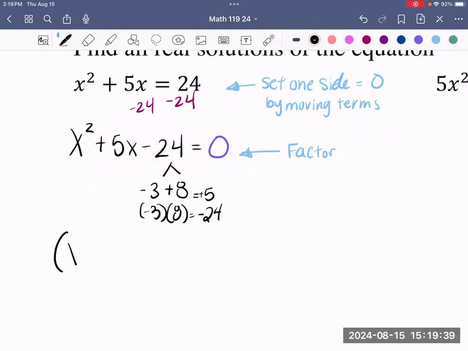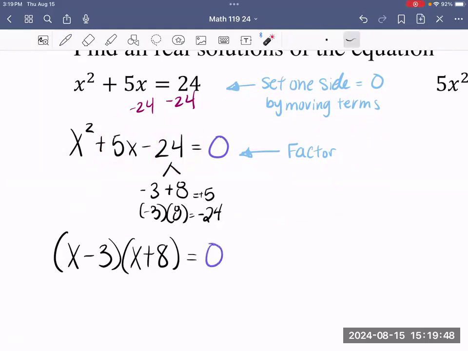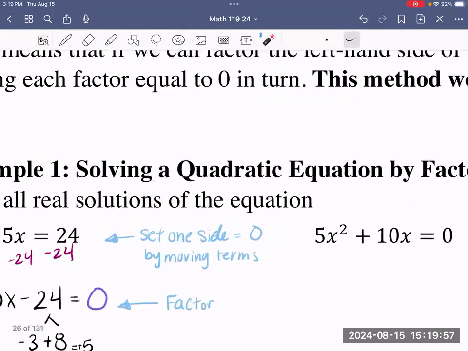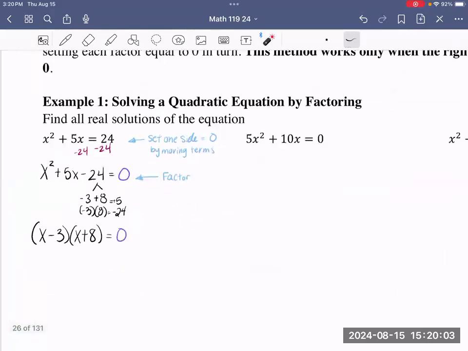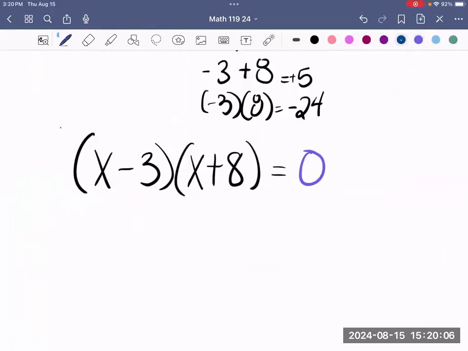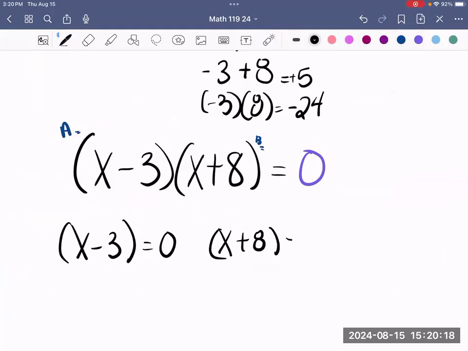So now, because this is simple factoring, we have x minus 3 and then x plus 8 is equal to 0. So now this is where the zero product property comes in handy. So we're saying, okay, well, this can be A and this can be B. So that means we can say A is equal to 0 or B is equal to 0. So in this case, think about this as being your A and this as being your B. So x minus 3, and even if you wanted, you could bring the parentheses. It doesn't quite matter. But really, you're just setting it equal to 0